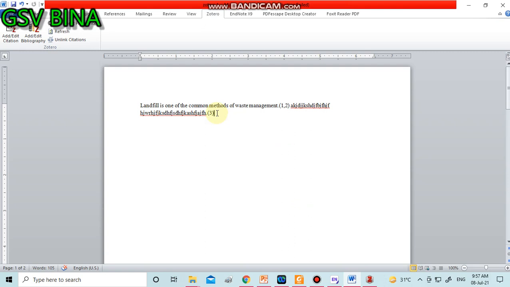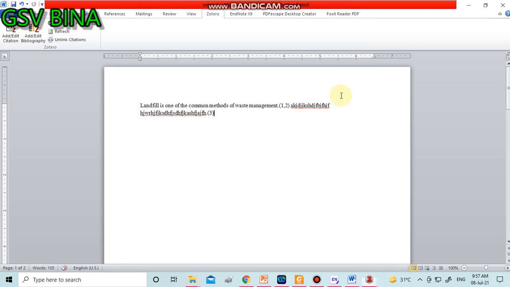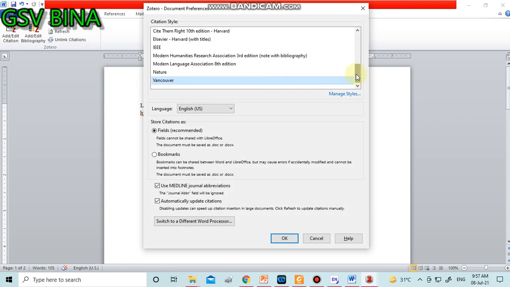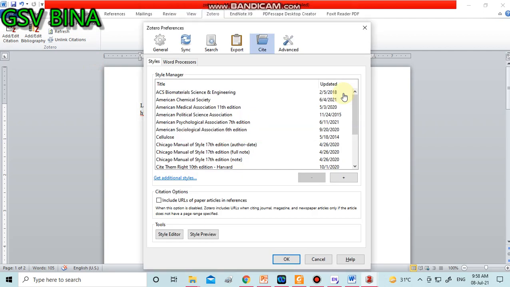Sometimes we have to arrange these references as per the journal in which we have to submit our manuscript. You can also find that particular journal in the Zotero database. So you just click on manage styles, and then here you can see get additional styles.